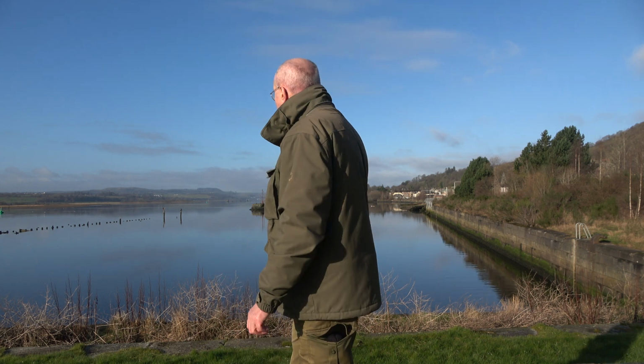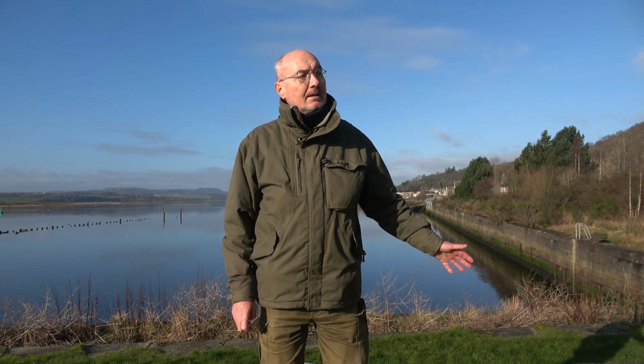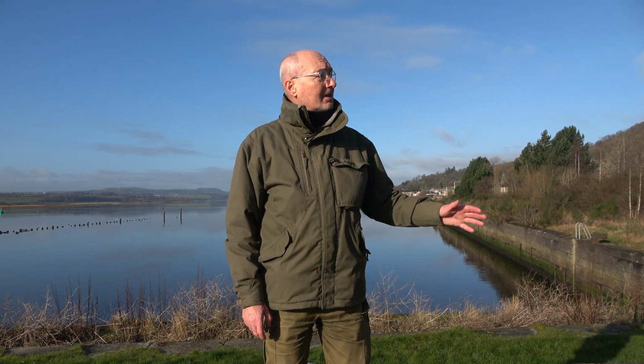What a beautiful day. I have long been fascinated with Bowling's old harbour. And I think anybody that's been on a train between Glasgow and Balloch or Helensburgh will probably feel the same, because the railway line passes right beside the coast here, at